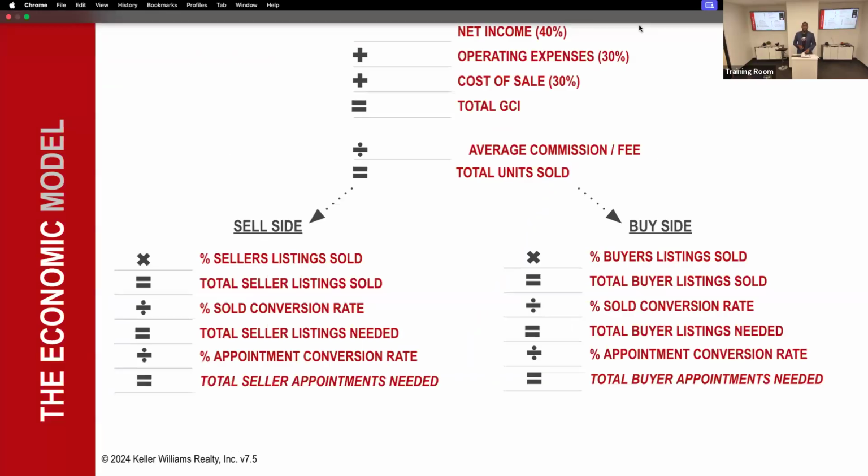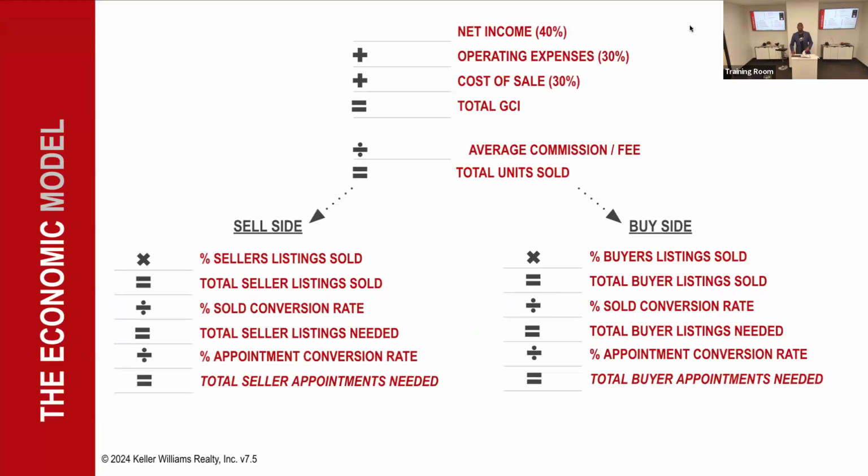So if we look at the next page. There we go. When we do the economic model, I have this filled in here. So this is on the million. We're going to do this for whatever level of income that you want. Again, remember, we want you to think big. So that's why we're starting with all the big numbers, and then we can come down to where you feel